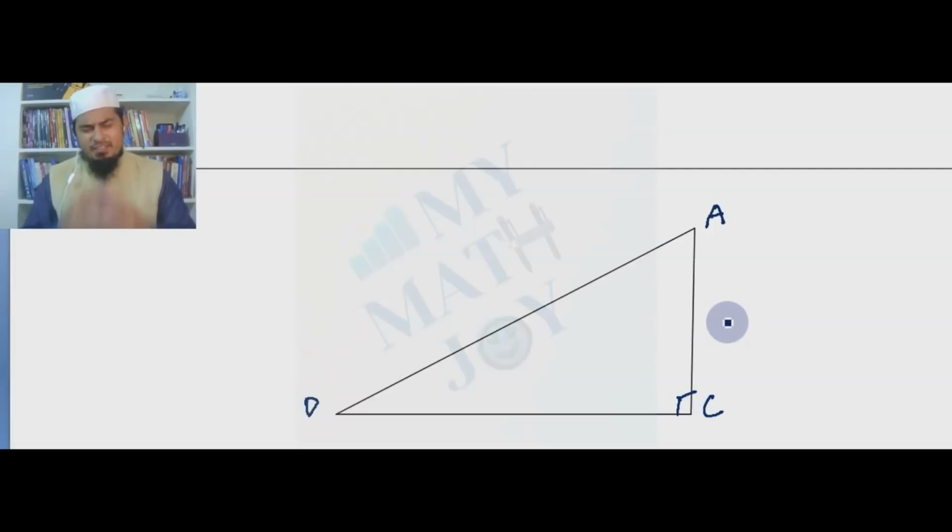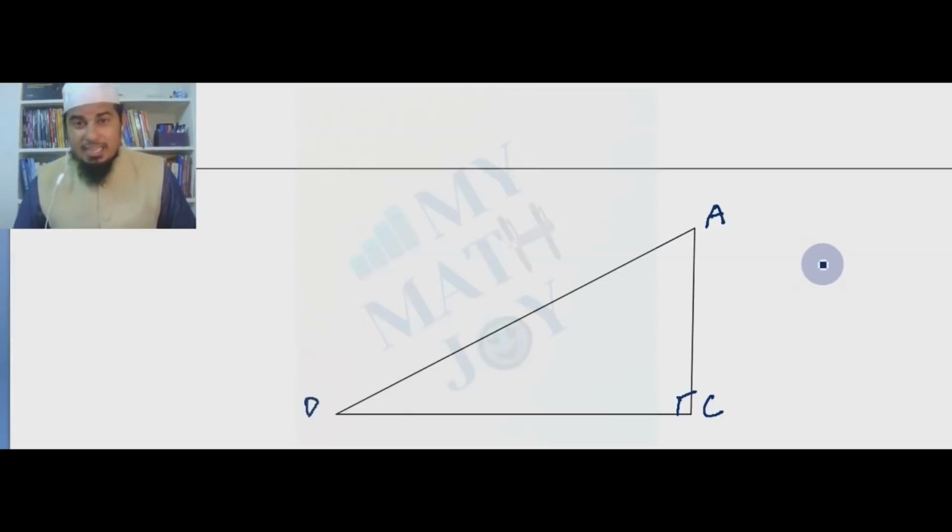Practice, make different right angle triangles. Practice these trigonometric ratios. And orally also, you should know what is sine. Sine should be opposite by hypotenuse. What is sine theta? It should be opposite side of theta by hypotenuse. What is cos? Ratio tells the adjacent by hypotenuse. What is cos theta? It should be adjacent side of theta by hypotenuse. What is tan? Tan is opposite by adjacent. What is tan theta? It should be opposite side of theta by adjacent side of theta.